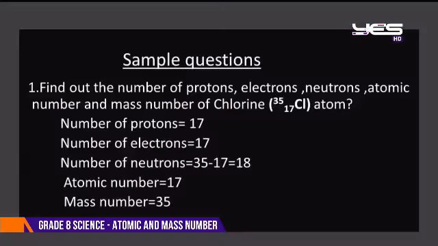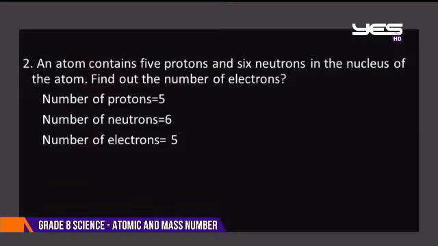Then how to find out its neutron number? 35 minus 17, that means mass number minus atomic number, we will get 18. That means chlorine contains how many neutrons? It contains 18 neutrons. Then the second sample question is, an atom contains 5 protons and 6 neutrons in the nucleus